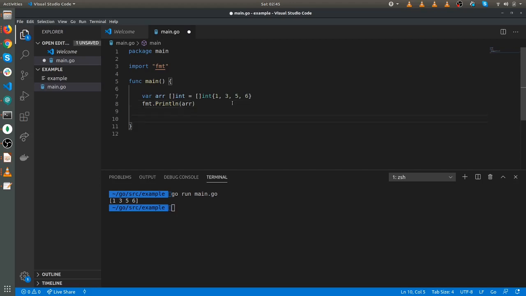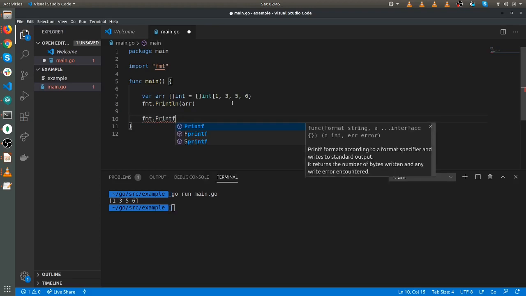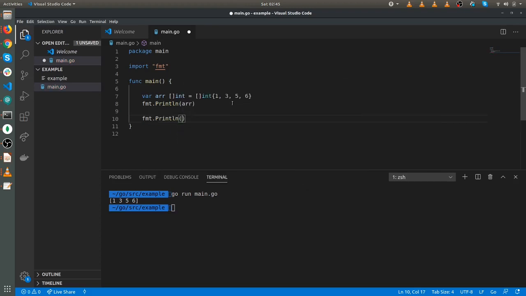We can do random access on the array. Now I want to print the first element of the array. I need to write 0 because array index starts from 0. Now you can see that it prints the first value of the array, which is 1.